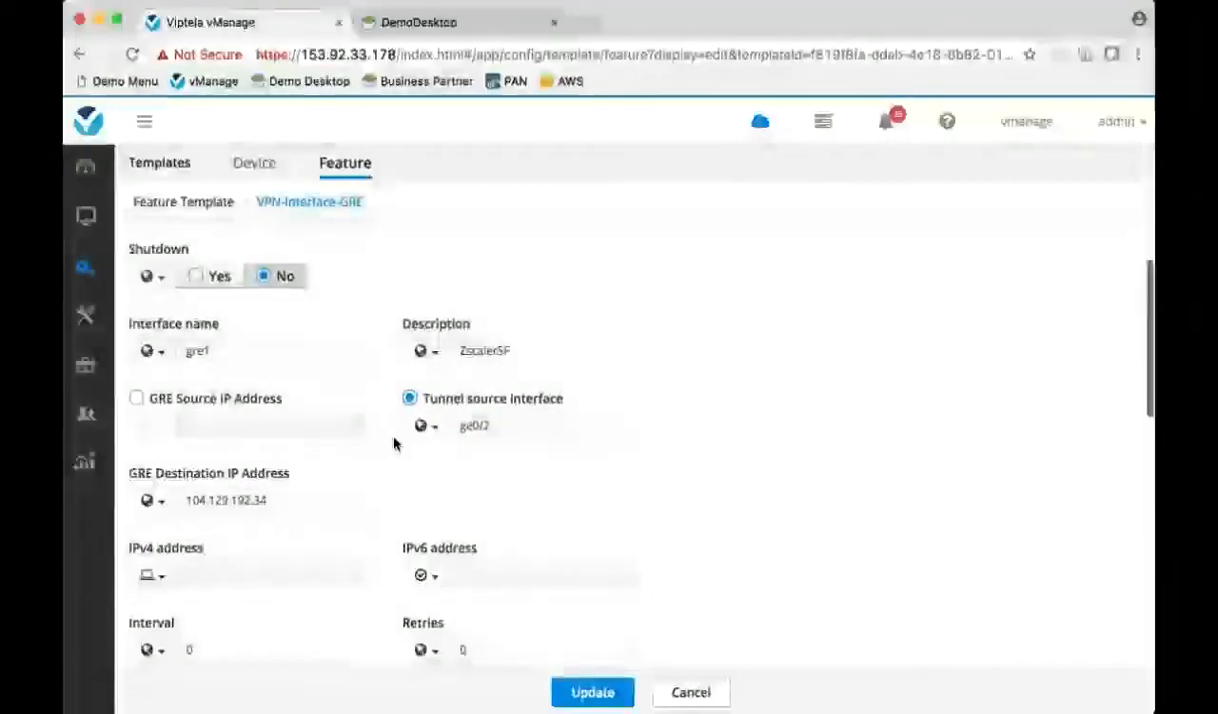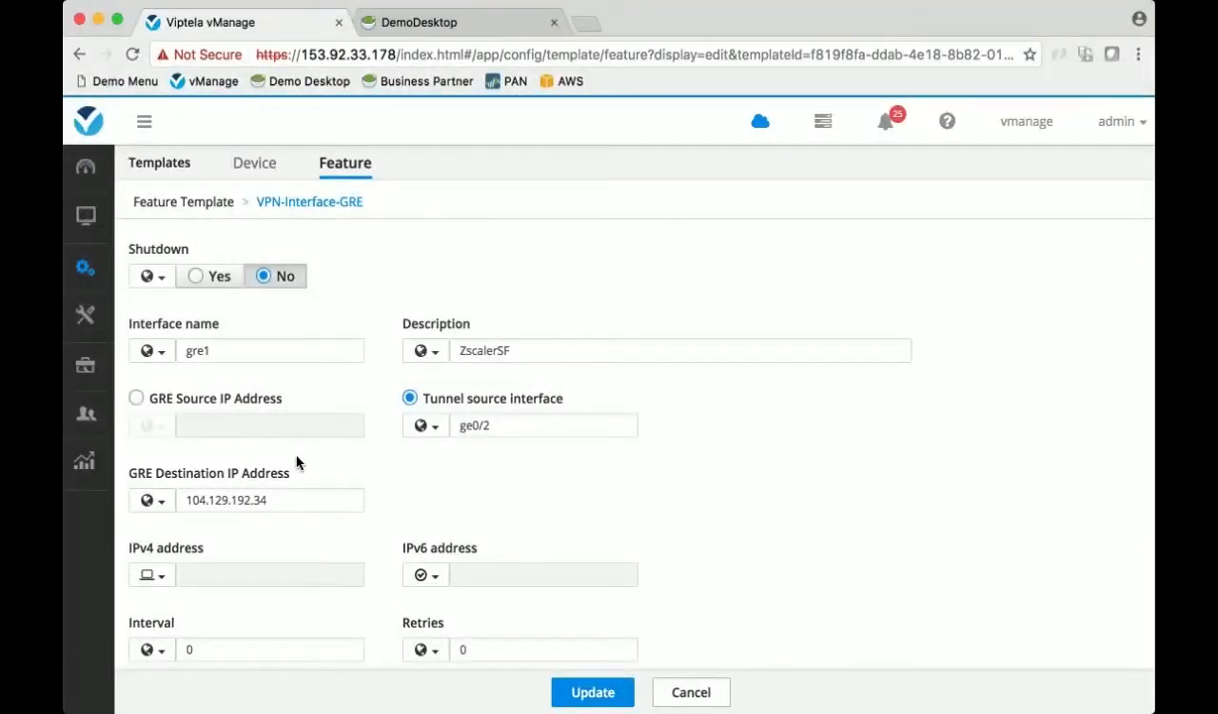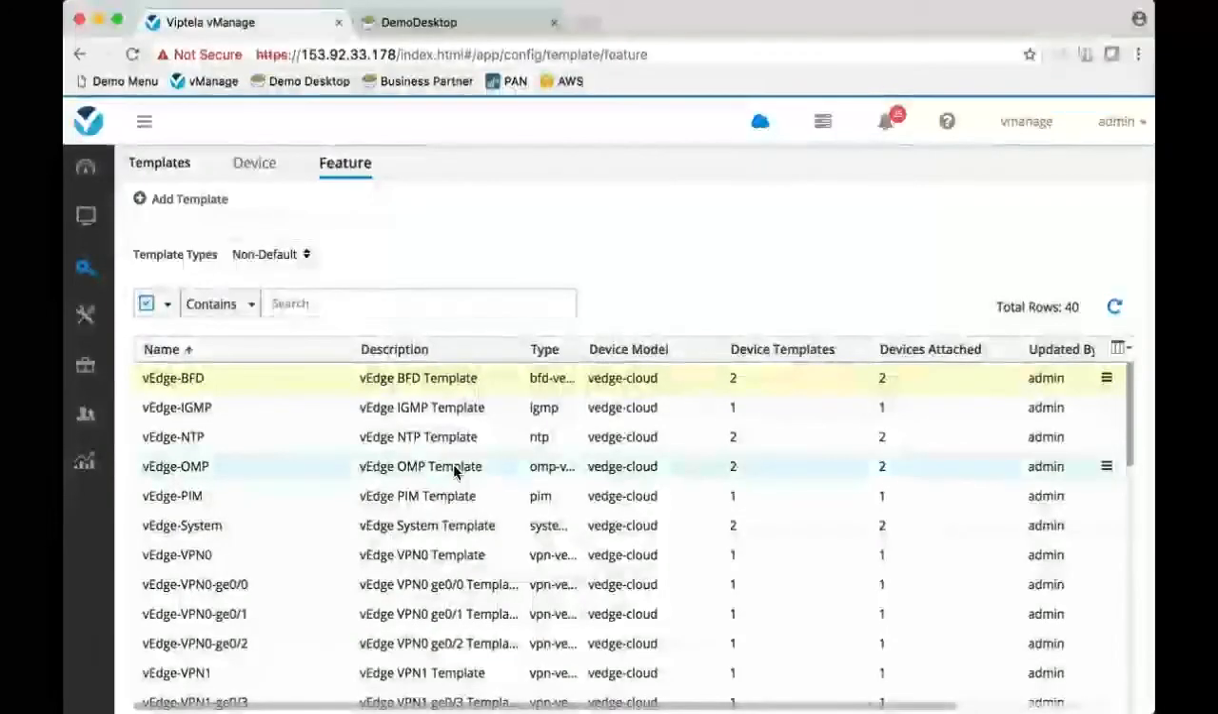If I look at them, I will be able to see inside all the characteristics that you need to build the GRE tunnel to the Zscaler POP. In this case, this GRE tunnel goes to the Zscaler POP in San Francisco. It uses its source interface as Gigabit Ethernet 0/2 on the vEdge appliance, and the destination of the tunnel is this IP address, right? So the second GRE tunnel would have the same